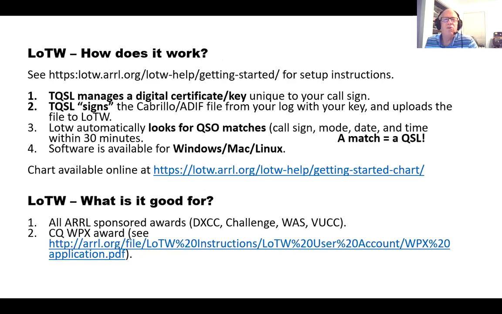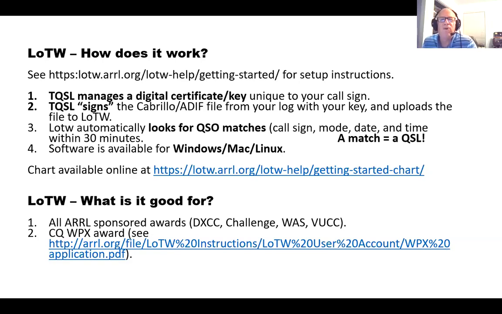Basically, there's a little program that you download from their website called TQSL. It manages a certificate key. You download that, and you fill out the information, which is basically your call, your QTH, your name, your state, and your 6-letter grid square. You send it to the League, and they will send you a postcard with a password on it. Once you get the password, you go back to TQSL and enter that password. They then will send you a TQSL6 file, which you click on and it automatically matches with your TQSL file, and away you go. At that point in time, you can log automatically.